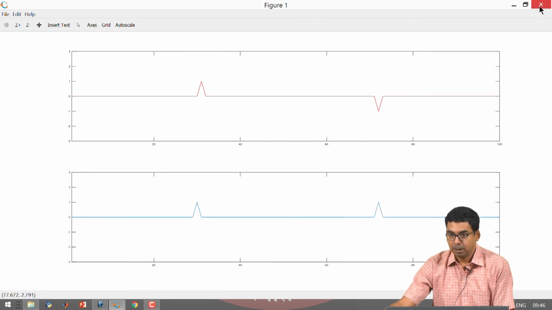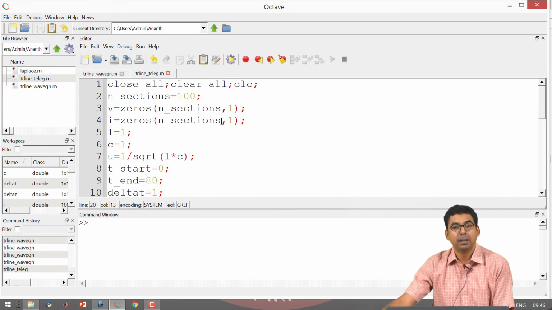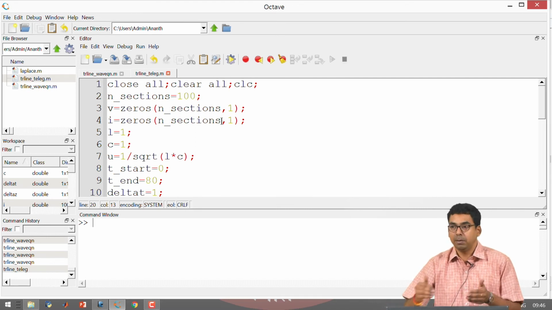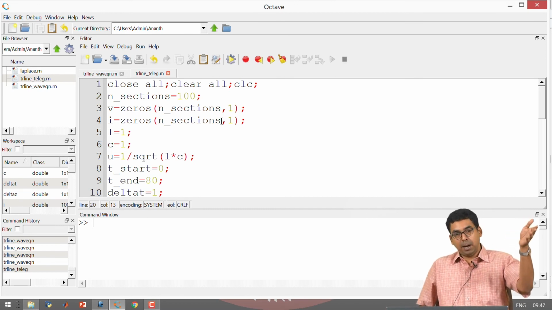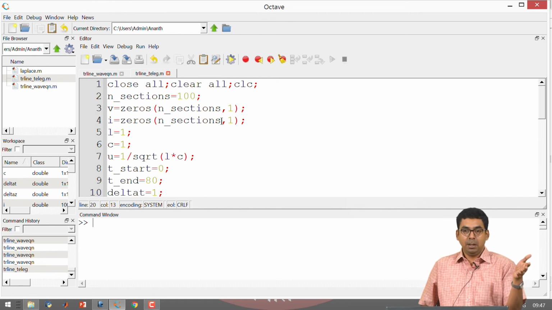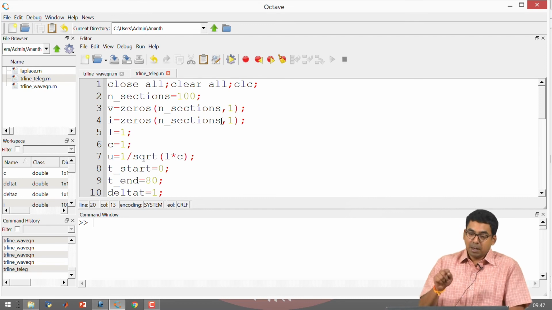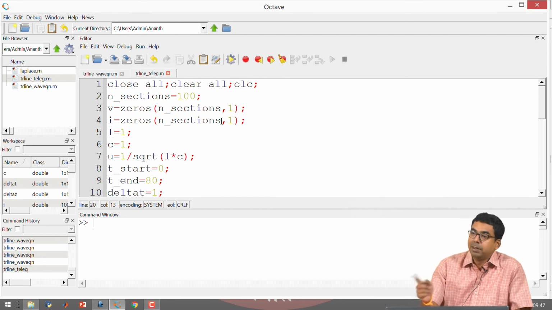Okay, now many weird things will be happening and that is going to be the subject of our discussion as far as the theory goes. Now that we have completed one complete loop, we started with the analytical part, how to develop a model. We wrote down the partial differential equation. We wrote down the general solutions. We also verified what is going to happen with the computer. You should have a decent understanding of what's going on with the telegrapher's equation and the wave equation. But now let's use this program to drive the theory forward.